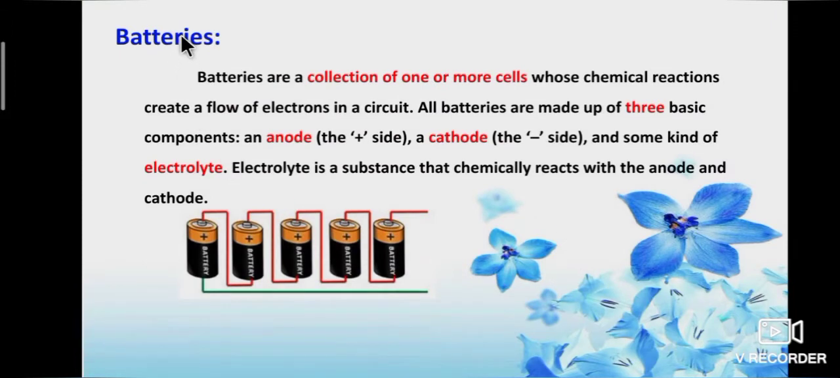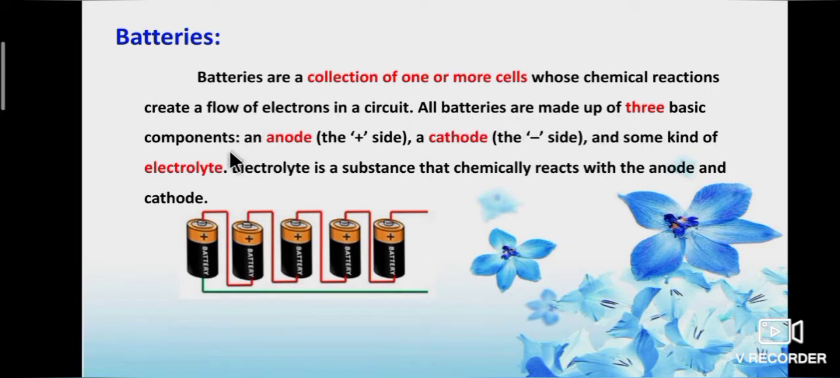Now we are going to learn about batteries. Batteries are a collection of one or more cells whose chemical reactions create a flow of electrons in a circuit. All batteries are made up of